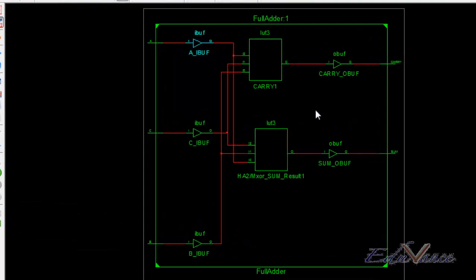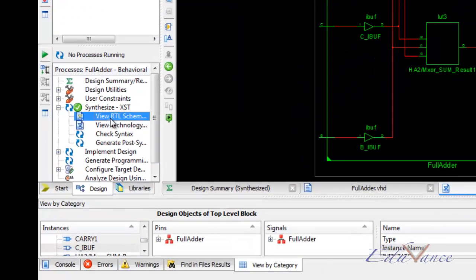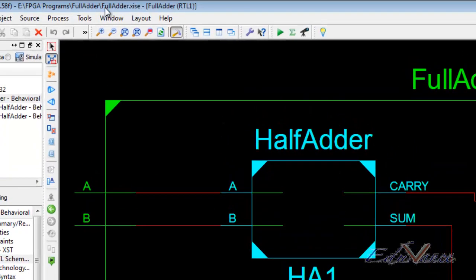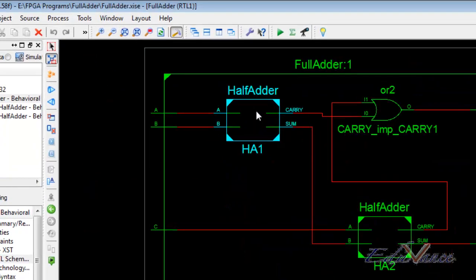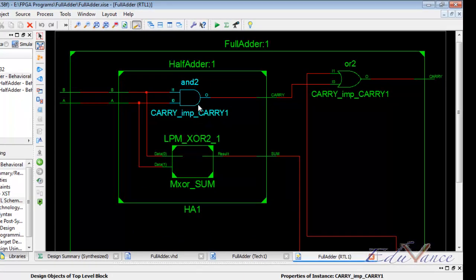Here we have our two blocks. Let us go ahead and view the RTL schematic, where we can clearly see the two half adder blocks and the OR we did in between. When we double click on the half adder, we can see the AND gate and XOR gate we used